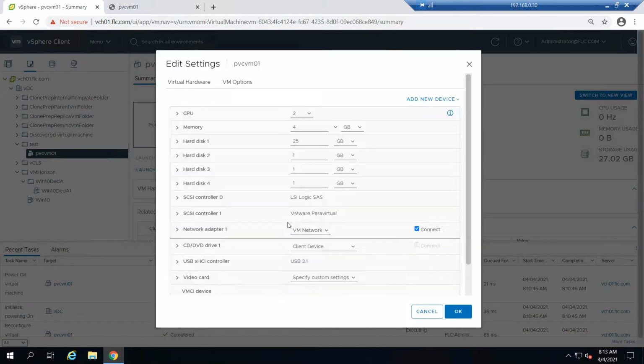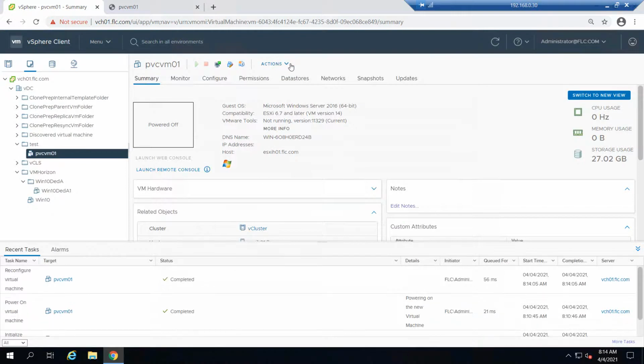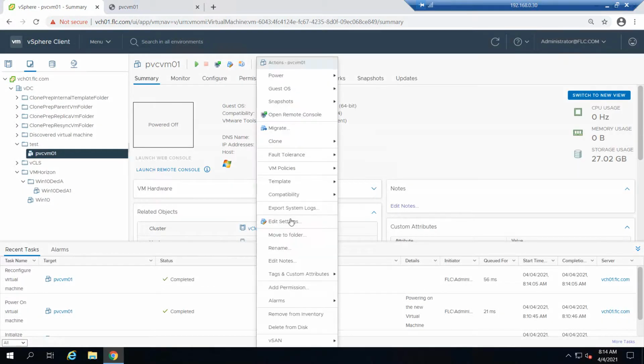Even we can change that controller which is there, the SCSI 0. So this is LSI Logic, so we will convert it to paravirtual now. Click OK. Once this is done, I will move all disks excluding the OS disk.